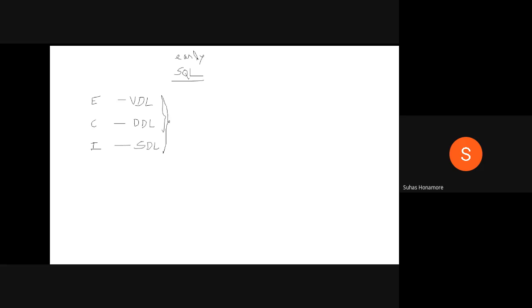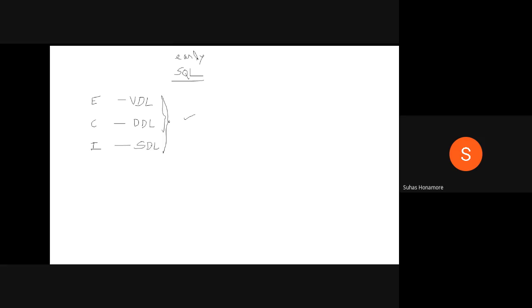SQL internally was taking care of everything: how to store it, how the conceptual view has to be done, and how the user sees those things. So early SQL supported all three, and they built it by combining these three together.